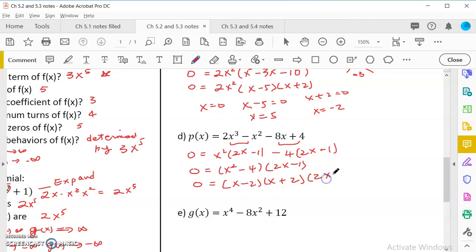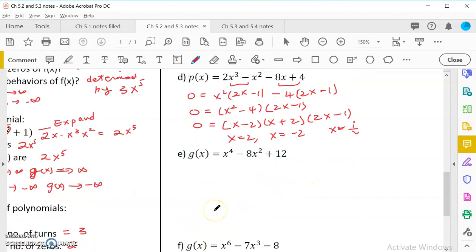So x minus 2, x plus 2, 2x minus 1. So here I have x equal to 2, x equal to negative 2, x is equal to 1/2. I didn't split it, but you can just imagine that I split it up into 0, so these are 3 zeros. The next one, it is 3 terms, so it seems like I can factor, but it's not